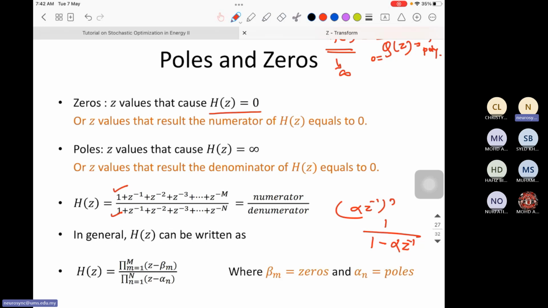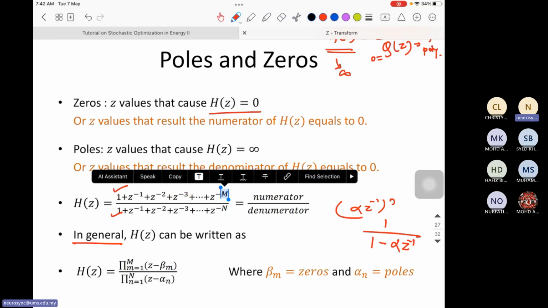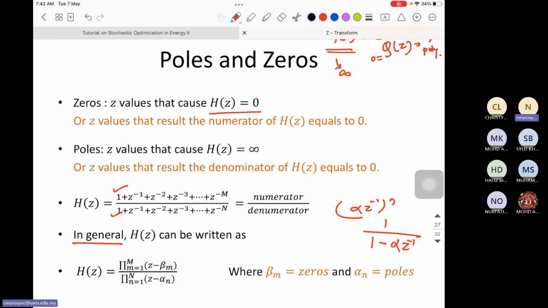In general, we can write this numerator part like the summation of the product of this, if this is the polynomial till power minus M, then this we can write like this product,